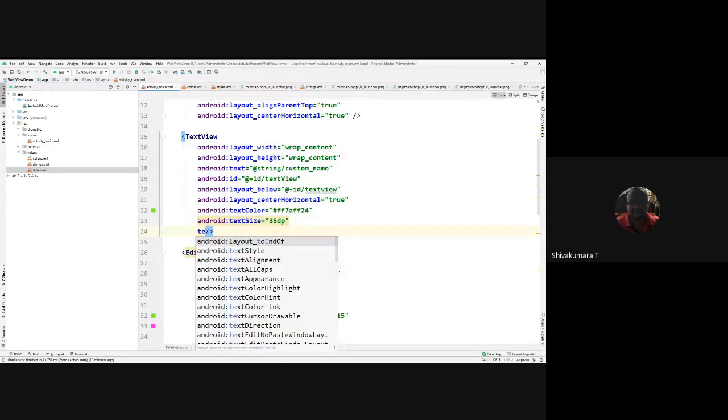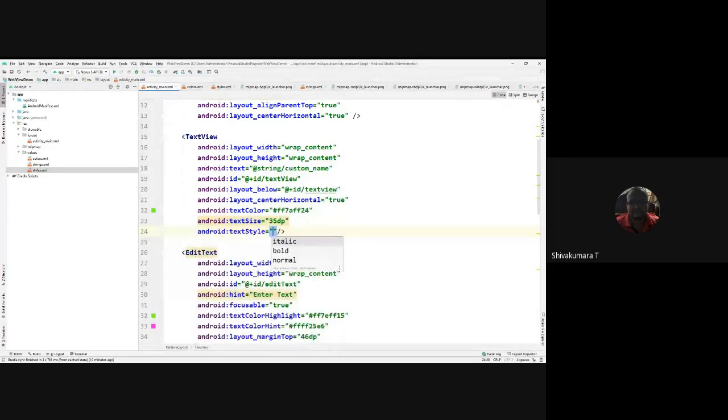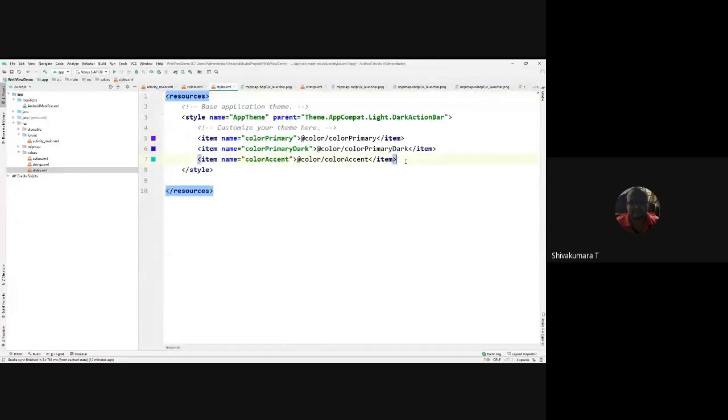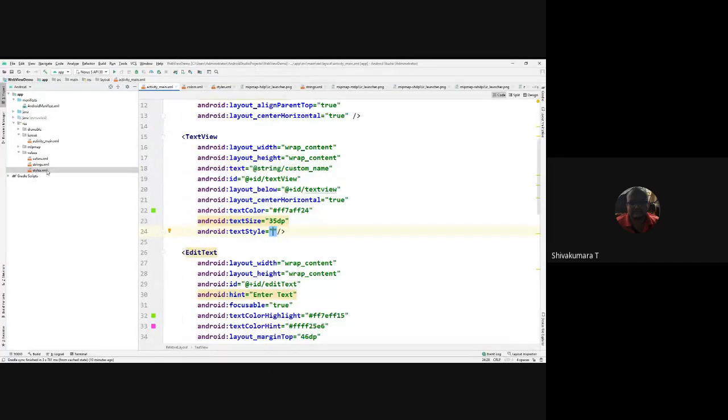Text style: rather than going with bold, normal, italic, you can define your own style and apply that style here using styles.xml. This means you can create customized apps rather than static apps. You can create dynamic apps using the values folder.